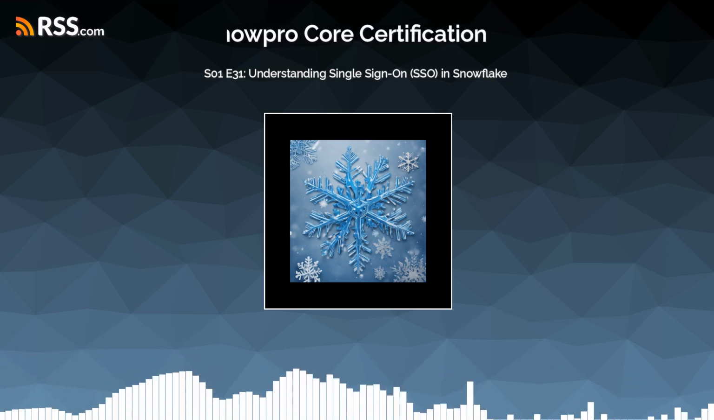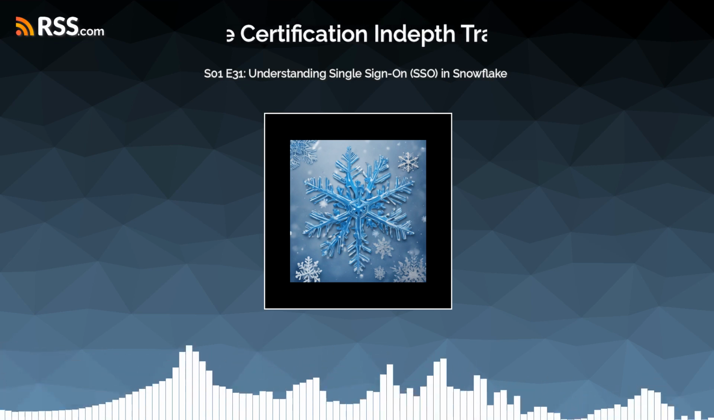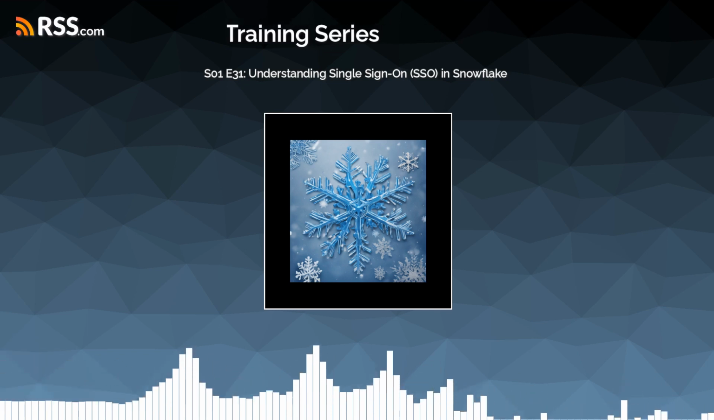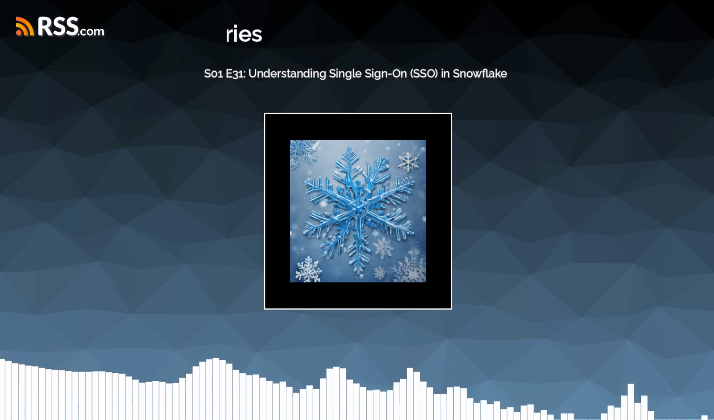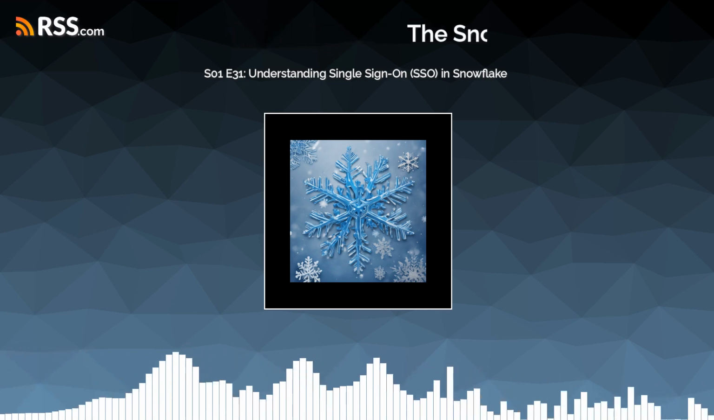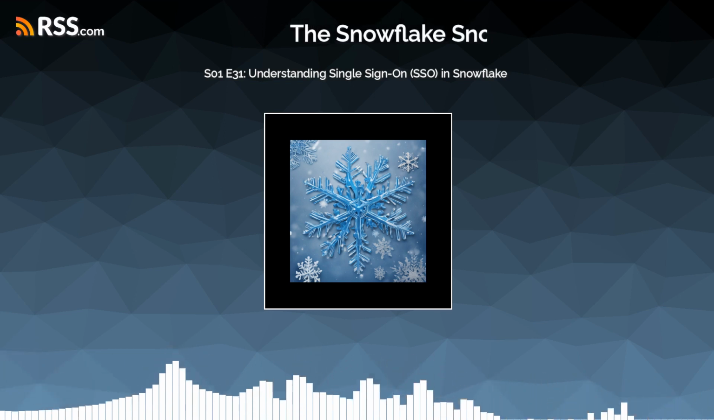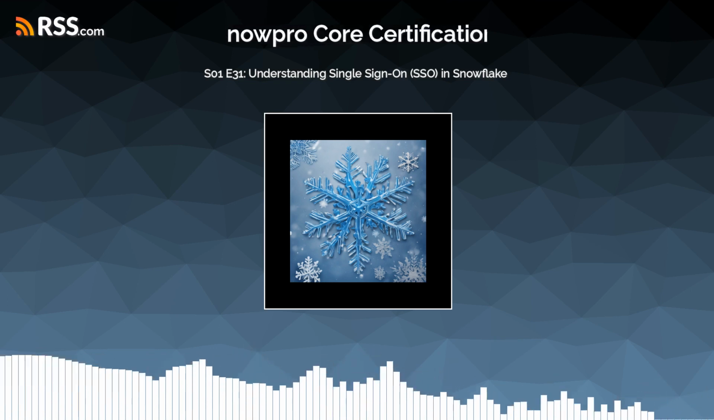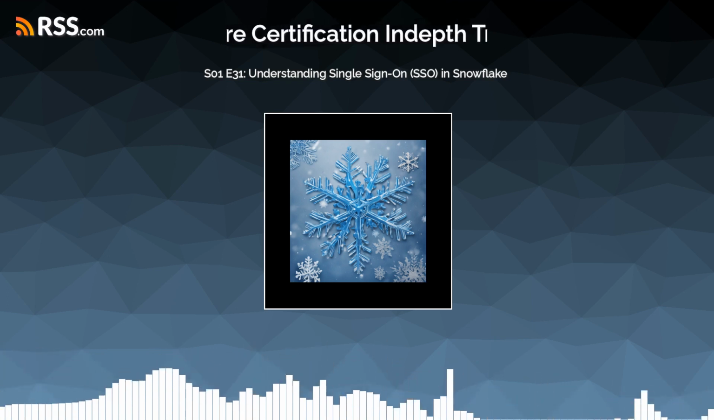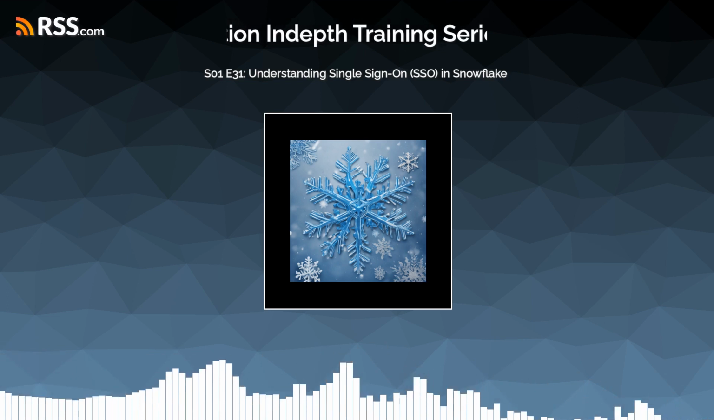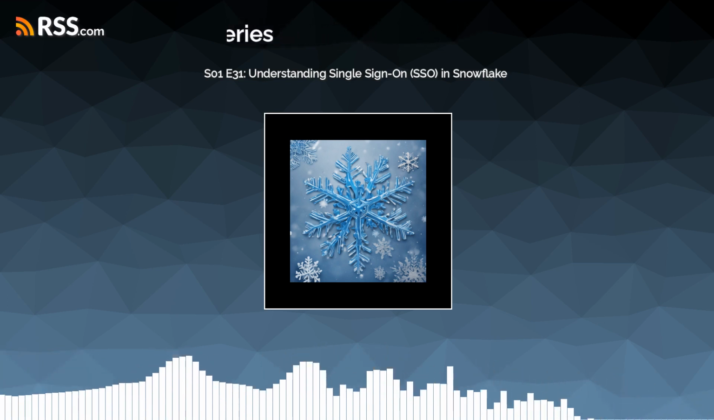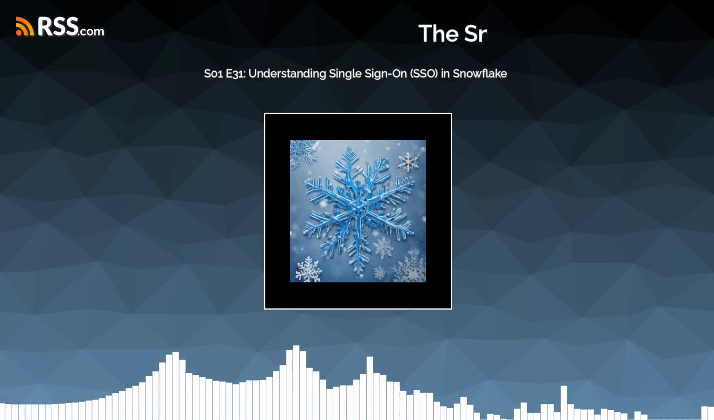Today we'll embark on an in-depth journey to understand single sign-on, SSO, in Snowflake. Single sign-on, or SSO, is a session and user authentication service that permits a user to use one set of login credentials, for example, a name and password, to access multiple applications. The beauty of SSO lies in its simplicity and security. It simplifies the user's access while enhancing security by reducing the number of times a user has to log in